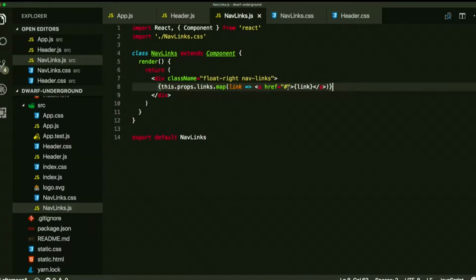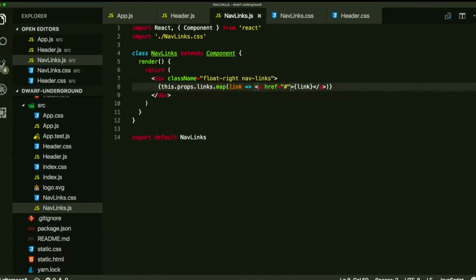If we give each one a specific unique key, then it can keep track of each one and only render the one that's changed. So that's part of where that efficiency of React comes in, is knowing specifically which things have changed and only re-rendering those things. So that's why it'll give you a warning. It won't stop you from doing it because nothing's broken, but it's saying, hey, you really should put some sort of unique identifier on here so that way we can keep track of things better. So